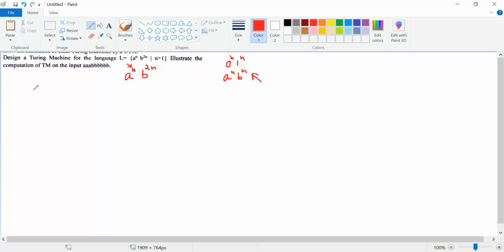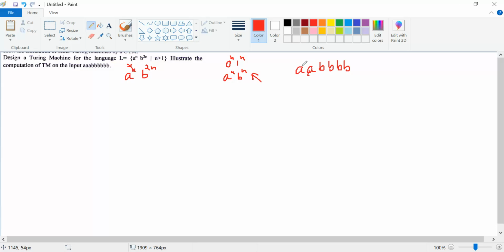So for this case, our idea will be, for example, if our string will be something like this: A, A, B, B, B, B. So if we have two A's, then there should be four B's. In that case,